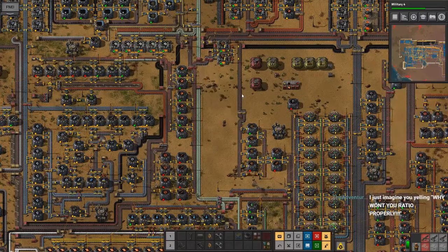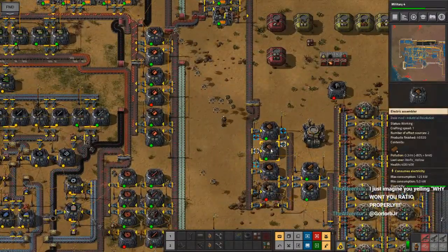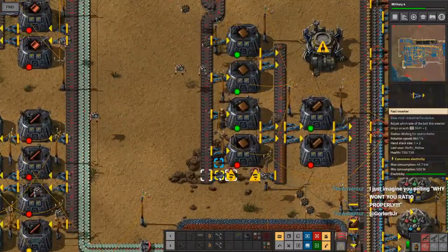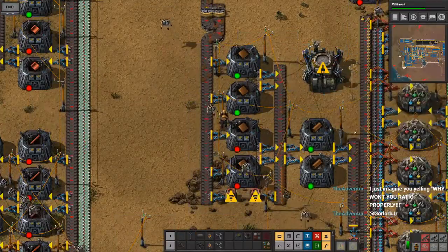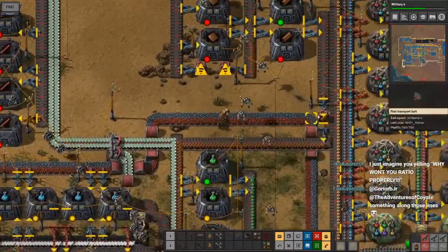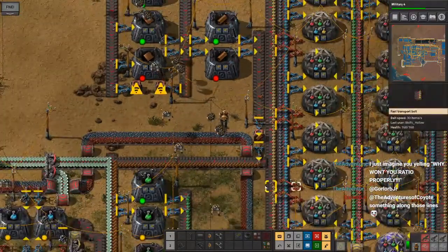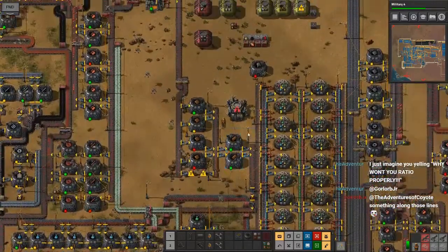I'd love to get rid of this belt. This is my main goal here. I want to get rid of this belt. But we need to have the plates making, and we need to have the tubes making. Trying to figure out how we can do that. We have plenty of tubes once again. So I think...